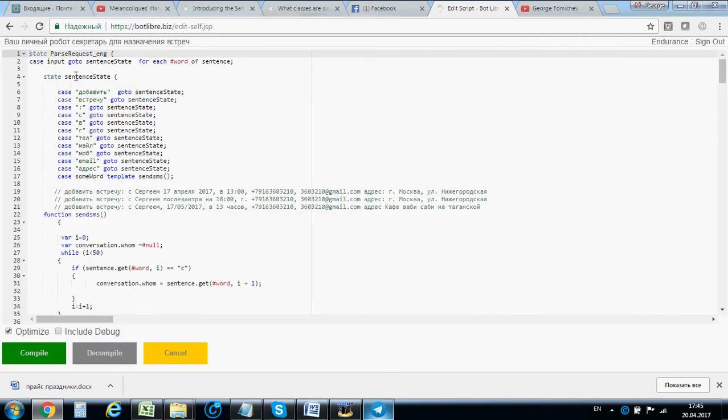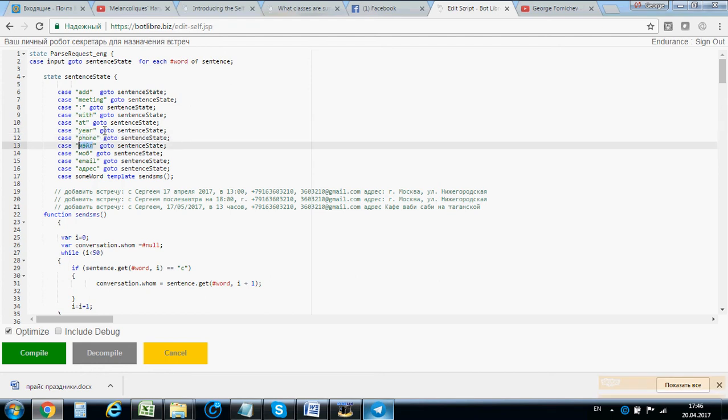So this is a script platform where we can write our own script using its own language. It's a JavaScript-like language. So here is a state machine. Now we're going to find intentions. For example, let's start with the word add. We want this word to be in our core sentence, and let's find all the words that we want to have here. Add meeting, and we have the word